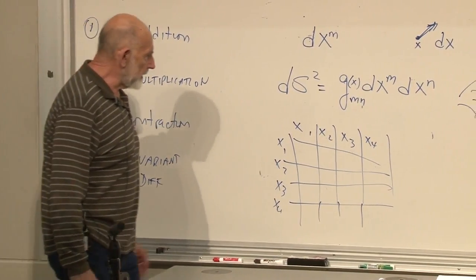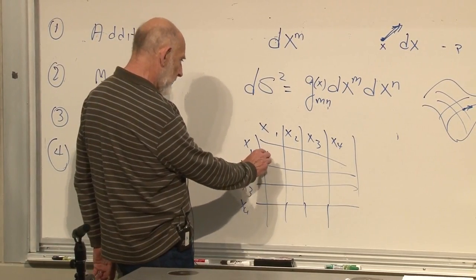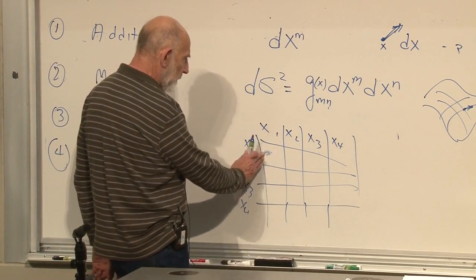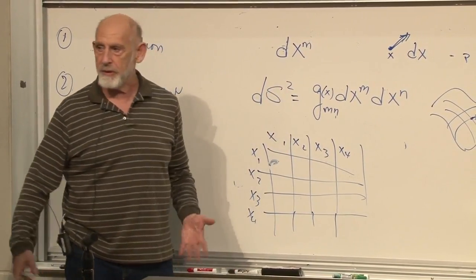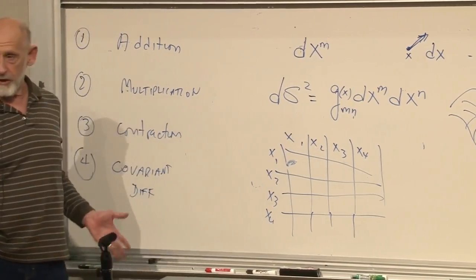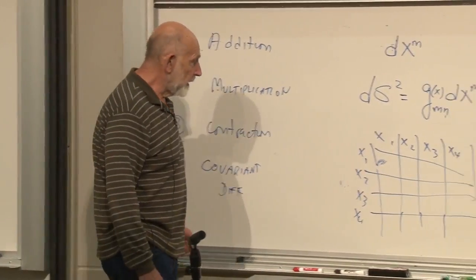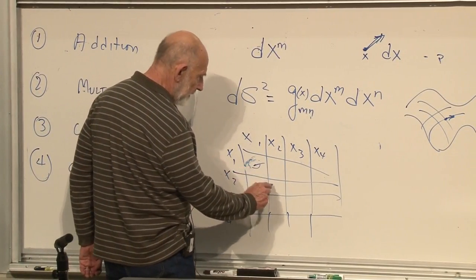Here's the 1,1 element, 1,2 element, and so forth. You might as well take the 1,2 element and the 2,1 element to be the same. They both multiply dx1 times dx2. All right? So we have an element for here,